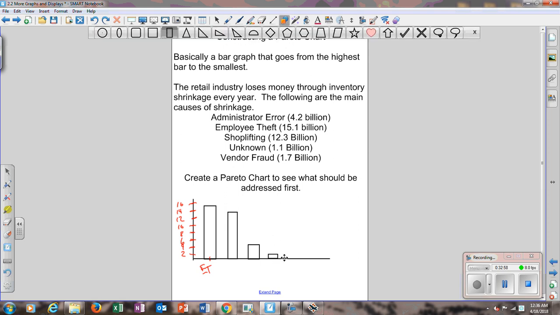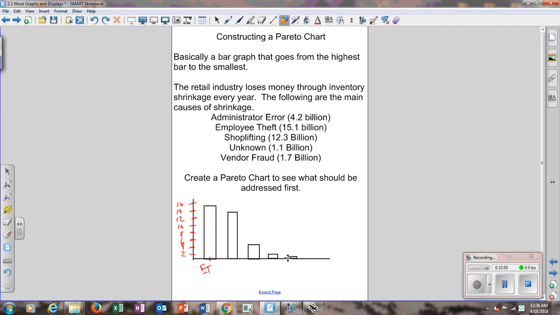To which I say, how do you not know where $1.1 billion worth of stuff went? Like $20 is missing from my wallet. I know what happened to it. But